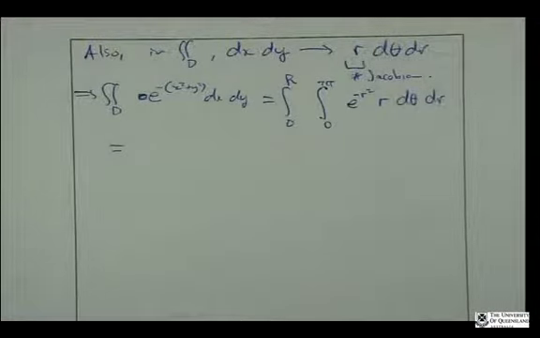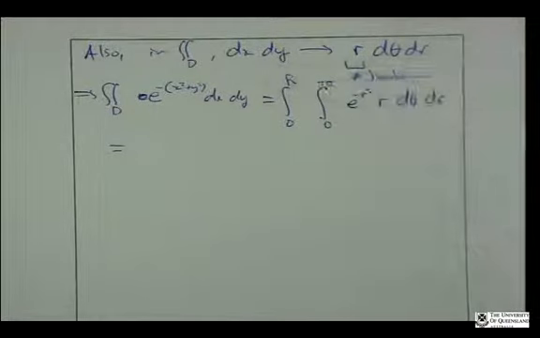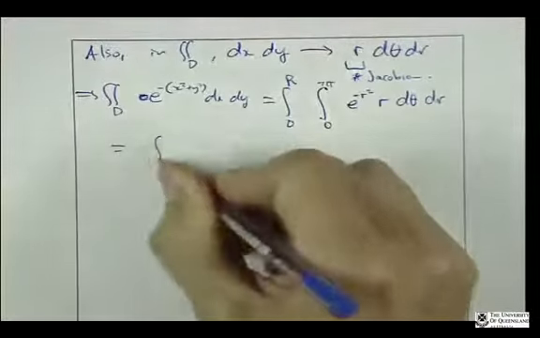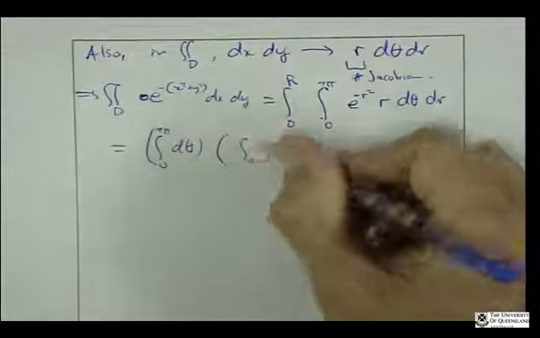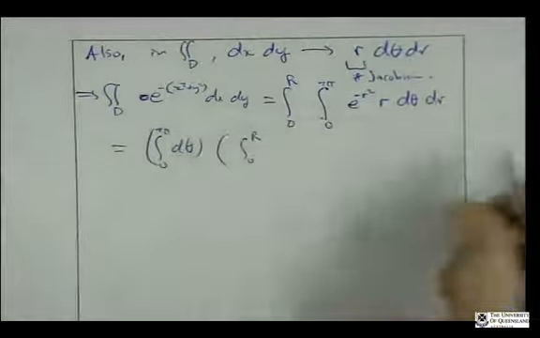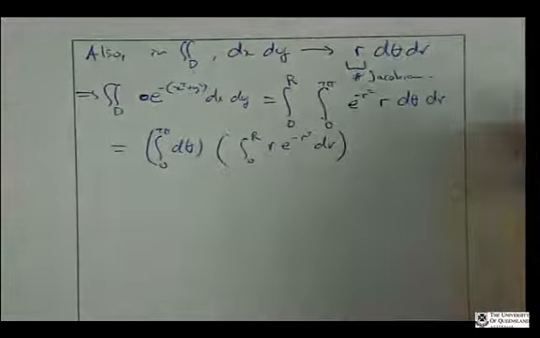Theta doesn't appear explicitly, but we can just take that function to be 1, and the bounds are all constant. So what I can do at this stage is expand this out as a product of two definite integrals of the individual variables,